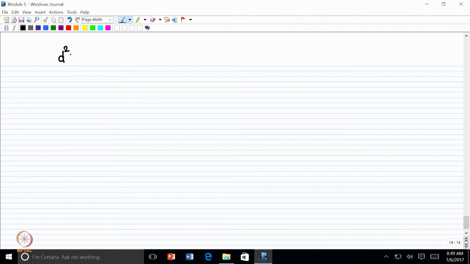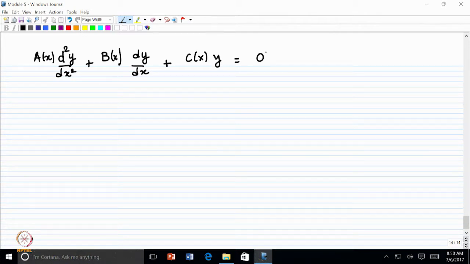So, I will write a(x) d²y/dx² + b(x) dy/dx + c(x) y = 0. So, this is a typical homogeneous linear second order ODE. Now, what we want to do is, so the crux of the power series method